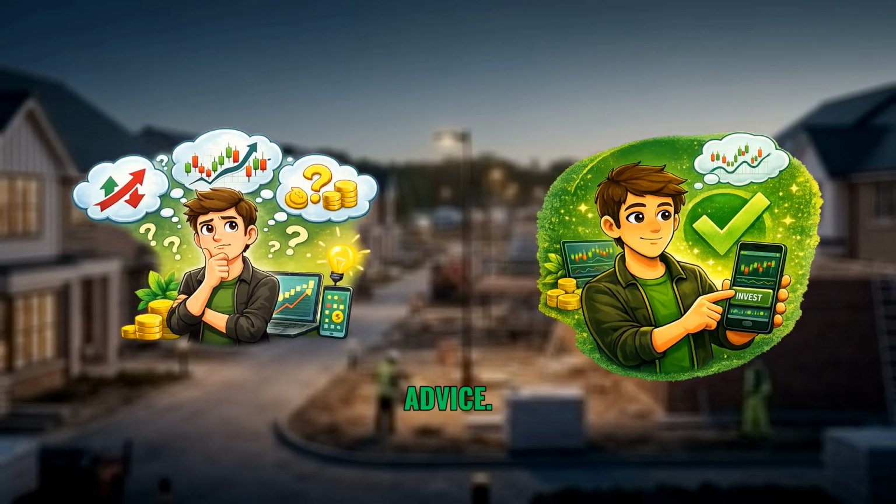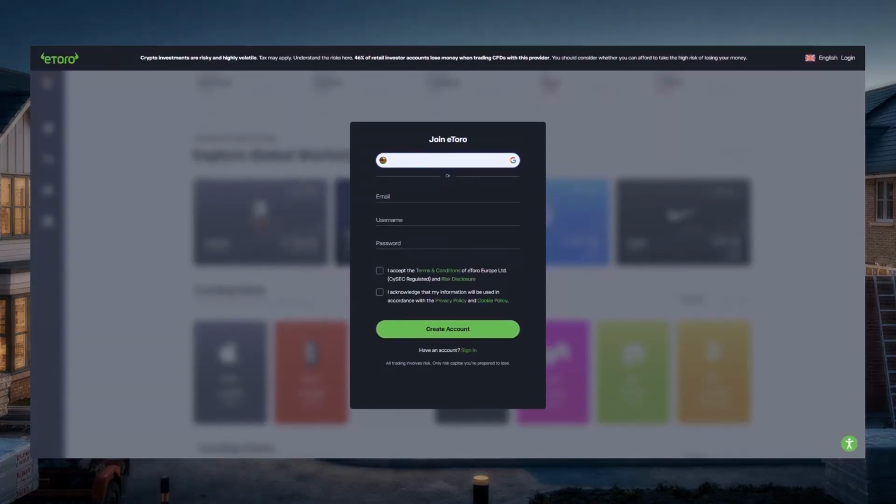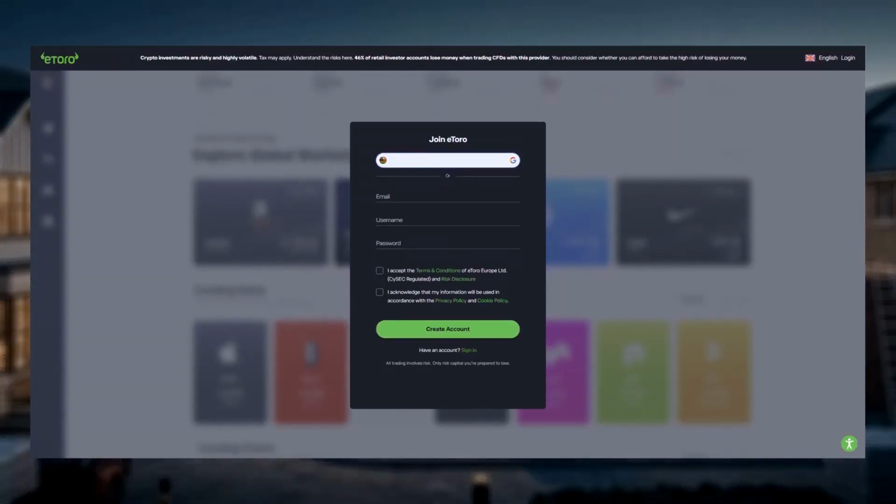not financial advice. To trade shares, you need a brokerage account, and I'll use eToro as the example platform to demonstrate the process. After registering, you must verify the account, usually with an identity document, and add funds to be